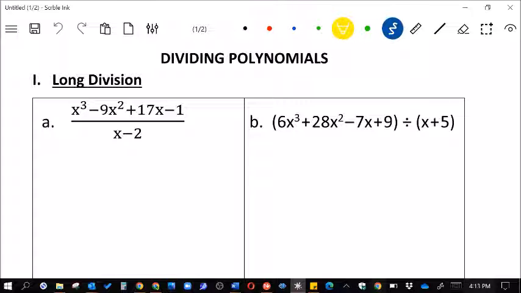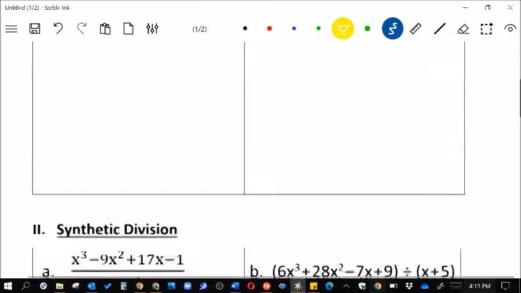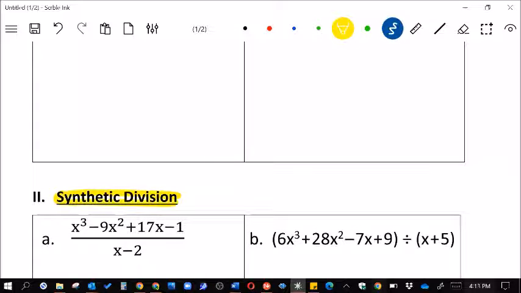Welcome. Let's look at dividing polynomials. There are two main methods, long division and synthetic division. Synthetic division is for many people easier, but it is very difficult to do if you have a denominator or